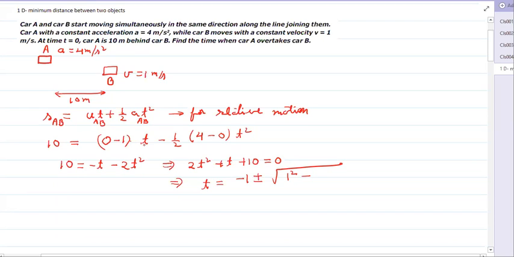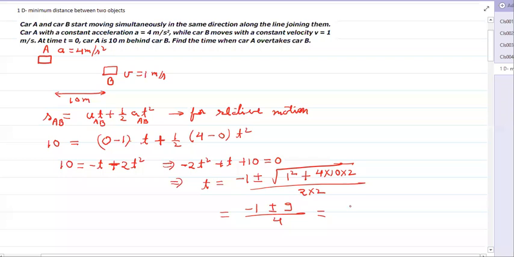मैं पूरा सही कर देता हूँ: यह माइनस t है, और यह प्लस है, ठीक है, ये प्लस हो गया, तो प्लस 2t स्क्वायर। तो इसको सॉल्व करेंगे तो ये माइनस रह जाएगा, फिर माइनस हो जाएगा, तो यहाँ पर हो जाएगा प्लस और होगा 4 इंटू 10 इंटू 2, डिवाइडेड बाय 2 इंटू 2। तो -1 प्लस माइनस, देखिए ये 81 है, तो 81 का रूट 9 हो गया, 9/4, यानी कि अगर हम इसको माइनस तो नहीं कर सकते, प्लस ही करना पड़ेगा, 8/4 यानी कि 2 सेकेंड पर ओवरटेक करेगा, ठीक है।